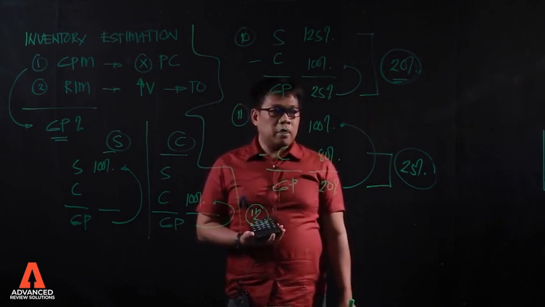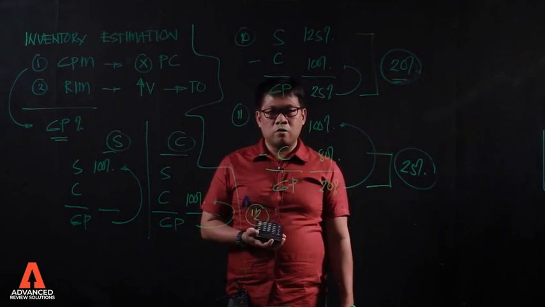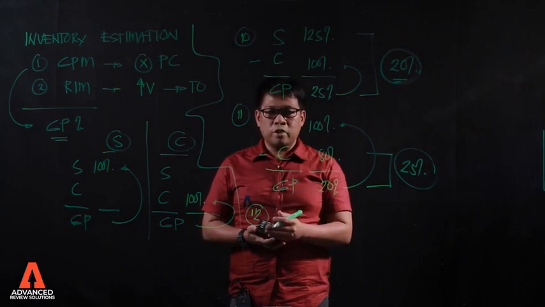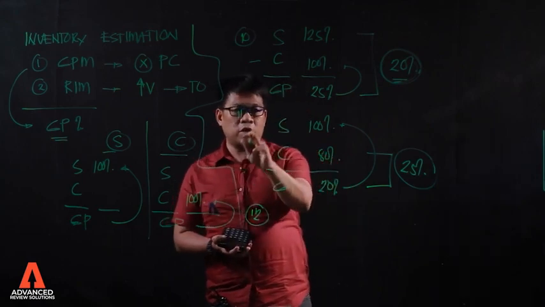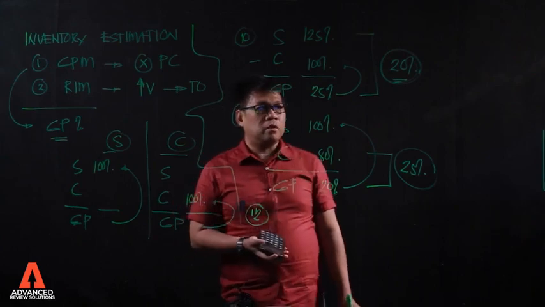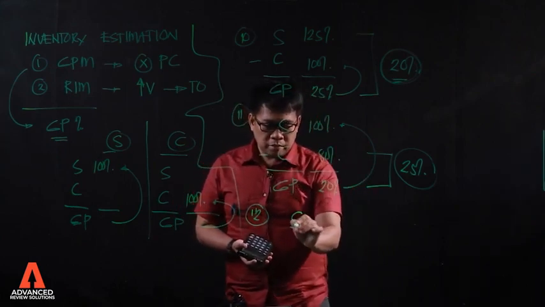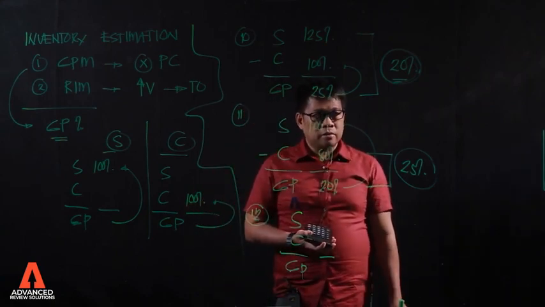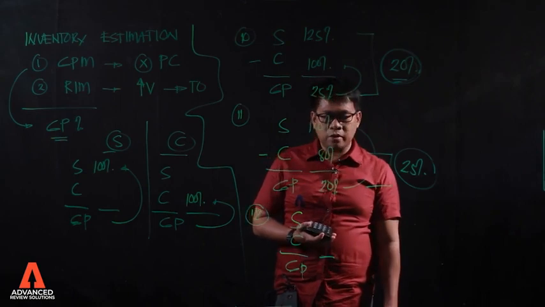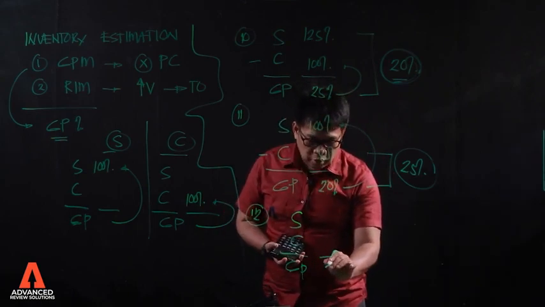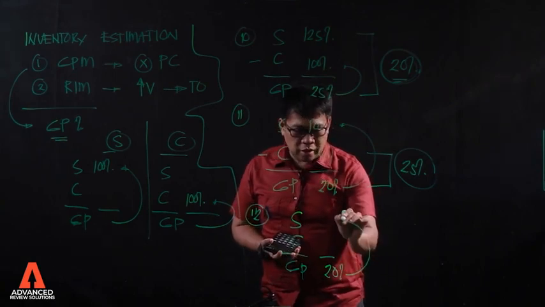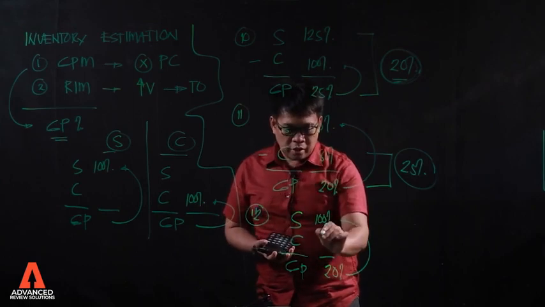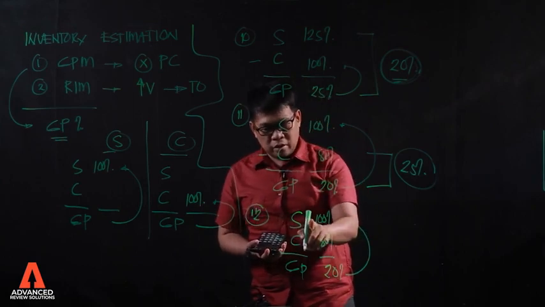If the gross profit rate based on sales is 20%, what is the cost ratio? Okay? Cost ratio is what? Cost ratio is computed by using the formula cost of sales divided by sales. Okay? Let's have item 12. In item 12, ang sabi niya ay ganito. If the gross profit rate based on sales is 20%, what is the cost ratio? Okay. 20% based on sales, lahat ng base 100%, so this is 100%, and this should be 80%. Squeeze po natin, no? 100 minus 80, that is